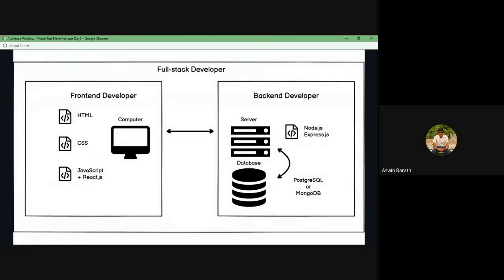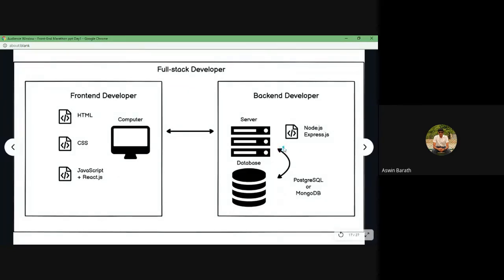The storing part of the server will be known as the database server. So whenever you hear the term database developer, they take care of the storage part of the backend. Okay. So who is a full stack developer? A person who can develop the front end as well as the back end is someone we call a full stack developer. Okay.